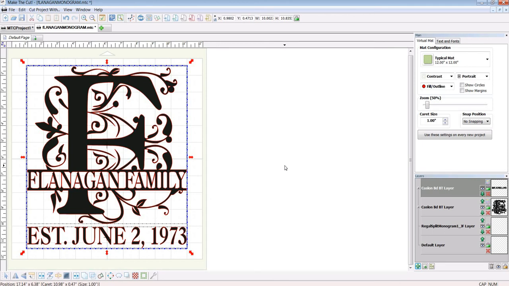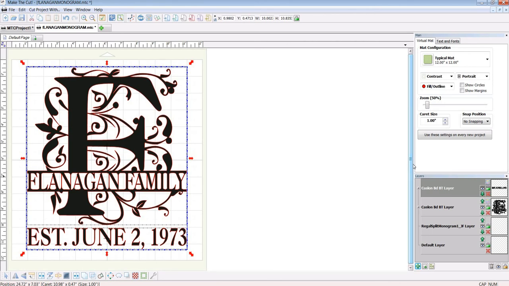One thing I do want to do is use that SVG file on my Scan and Cut machine. So what I will do is just put that SVG file on the thumb drive that I keep in my Scan and Cut machine, select the file, and cut it from there. So there it is, a beautiful design from a TrueType font used in Make the Cut. Now if you have an older Cricut and you have